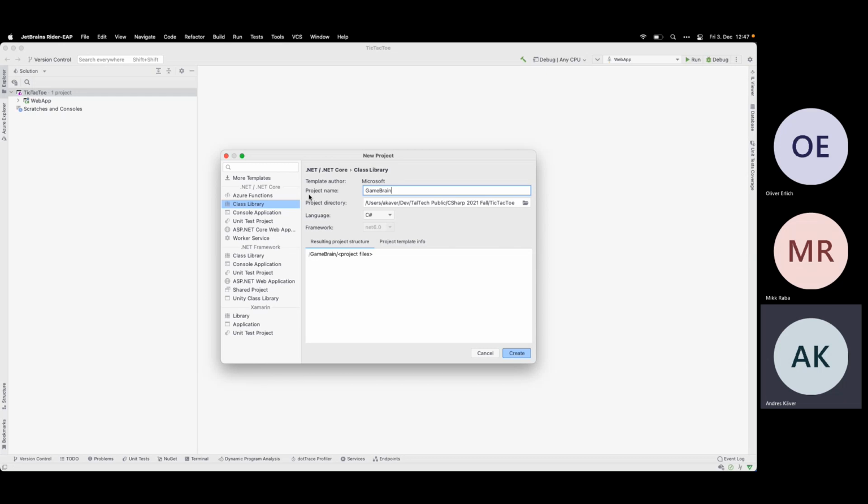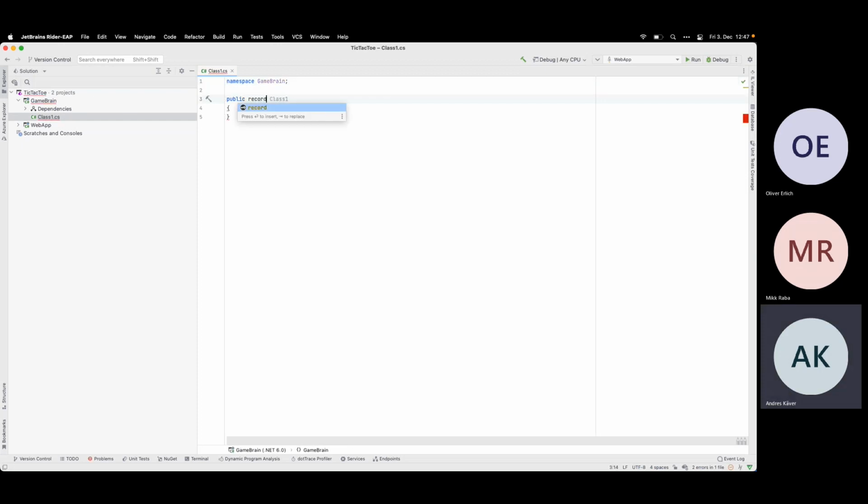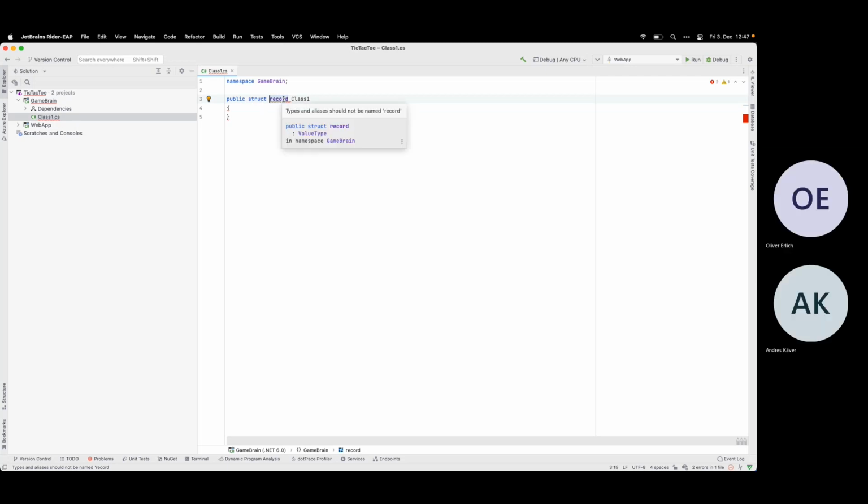So let's make a game brain. Let's do a record. Let's call it a struct. Type isn't there. This is public struct record.